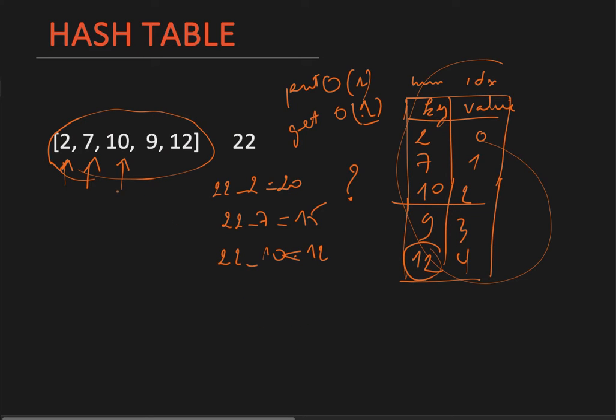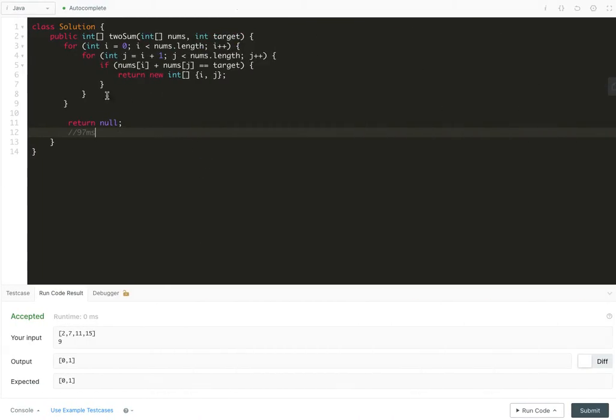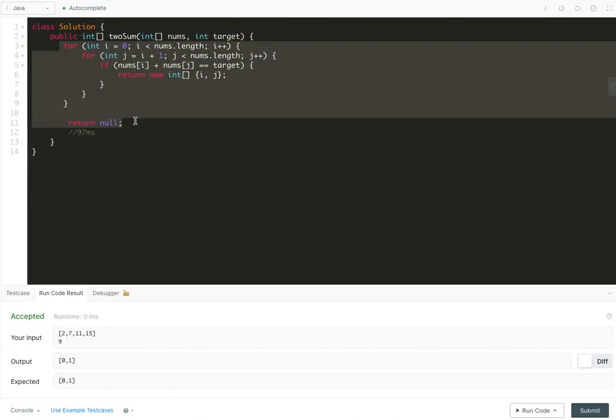So what we're going to do, we're going to return the current index, of the 10, that is 2, and also we're going to return the value of that key, that is 4. So we're going to put 4. So let's try to write the code of it. I'm going to delete everything,